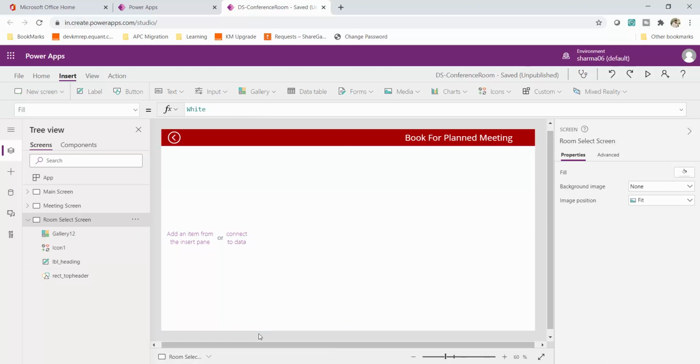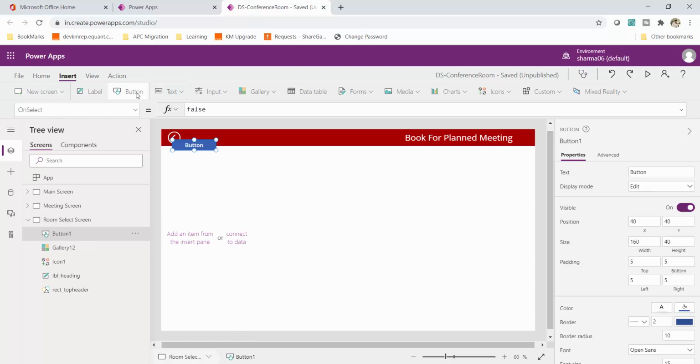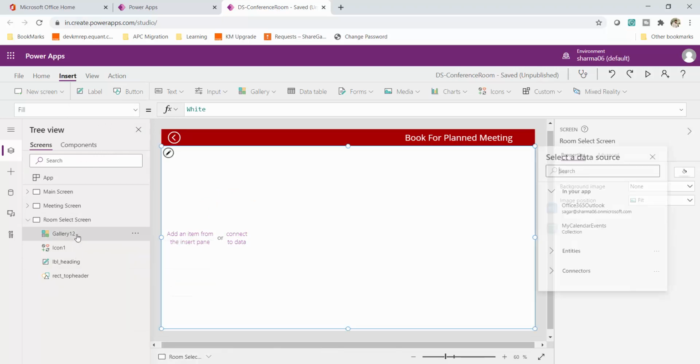Now I want to insert a control inside this gallery. As I told you earlier in the meeting screen as well, it's not like that. If I insert a button, it will not be added inside this gallery. You can see it will be inside the screen. So if I want to add any control inside the gallery, just select your gallery.